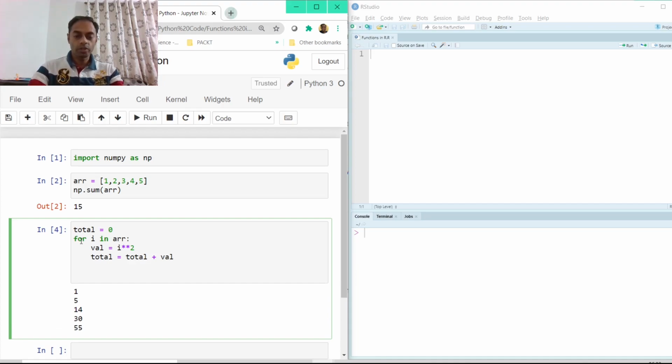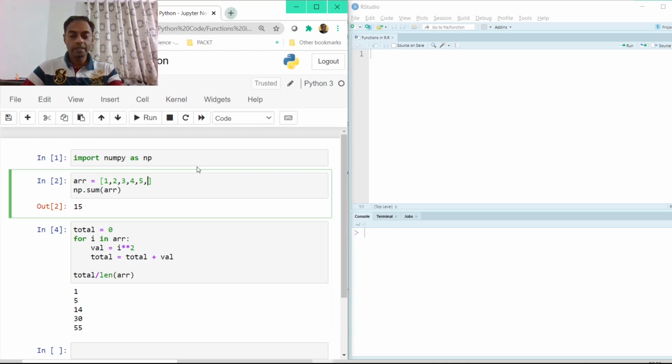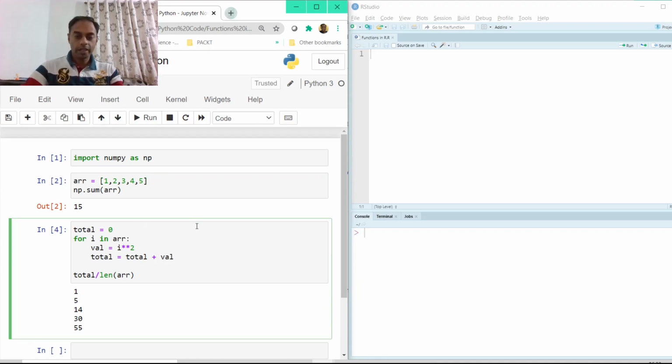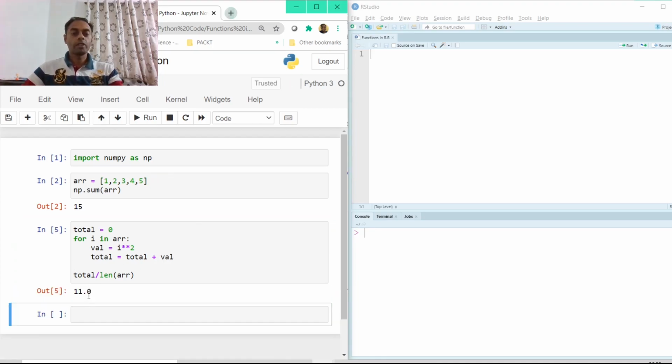And now what I can do is I can say total divided by, now here I know the length is 5, so I can either hard code 5, but the best practice is always using the len function in this case, because right now even the length of the array would give me 5, but what if you increase the numbers here, you have 2 more, then the hard coding might not work, but len of array will always work. All right, so let me now execute this. Now if I execute this, I would be getting the average as 11, which is nothing but 55 divided by 5.